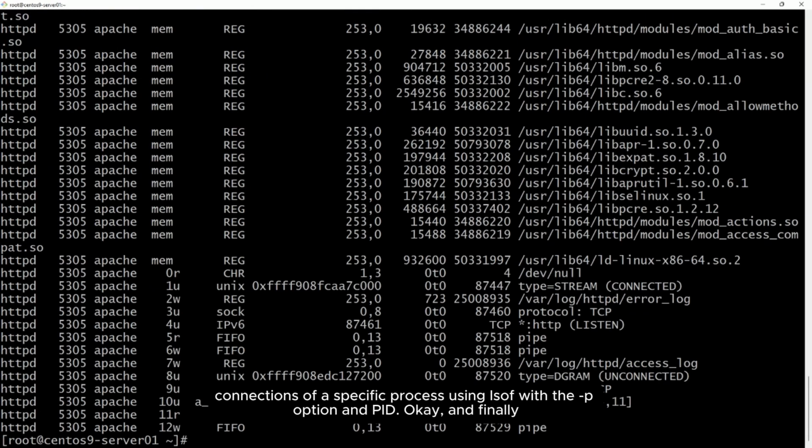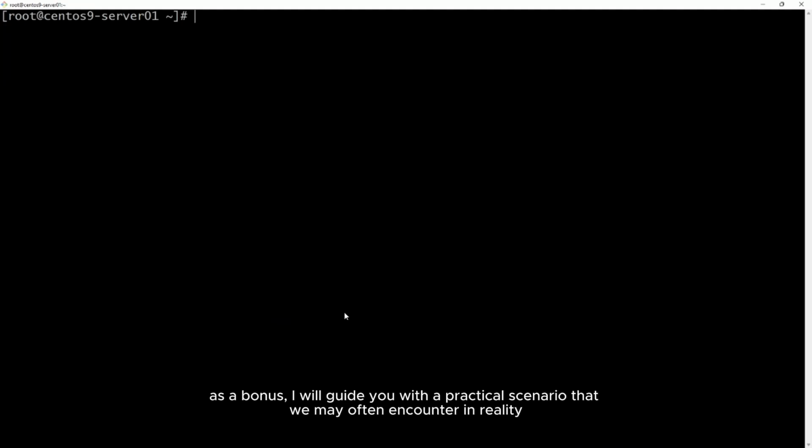And finally, as a bonus, I will guide you through a practical scenario that we might often encounter in reality, where we can apply one of the above commands.